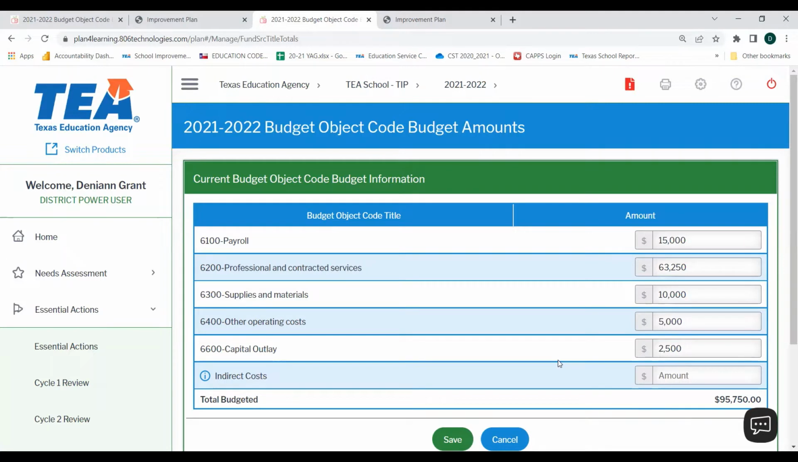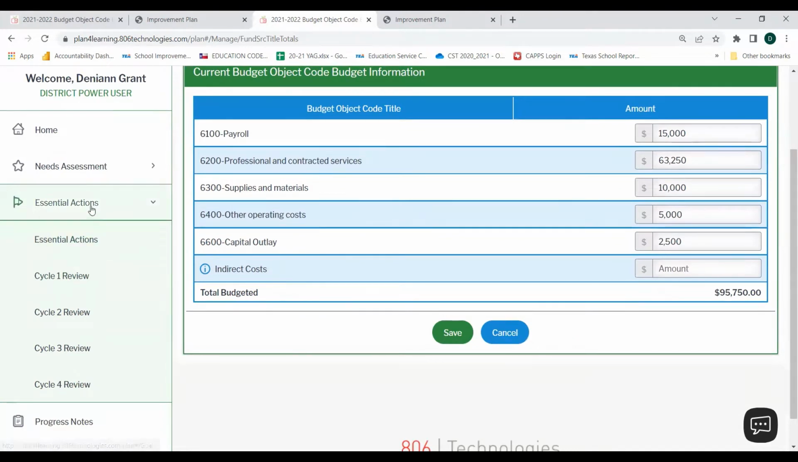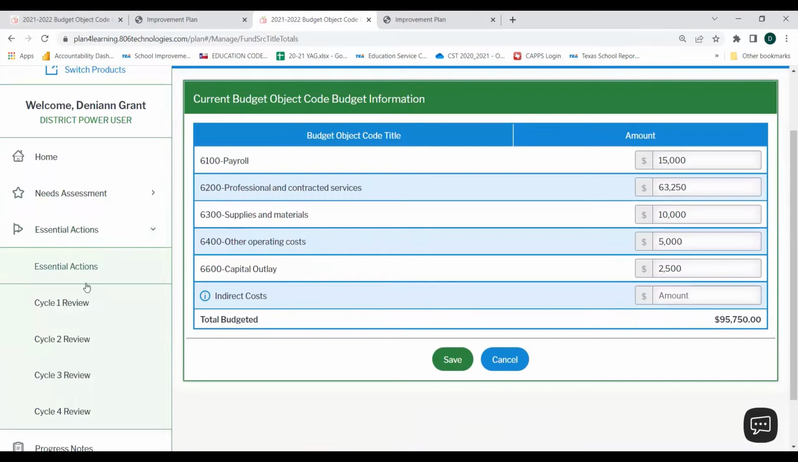If you notice that an area is overspent on your TIP, you may either update the total amount budgeted for the 2021 to 2022 school year on this page, or you may need to update the action items that are tied to that budget object code. In order to do so, you may navigate over to your Essential Actions tab in this left-hand menu, select Essential Actions,